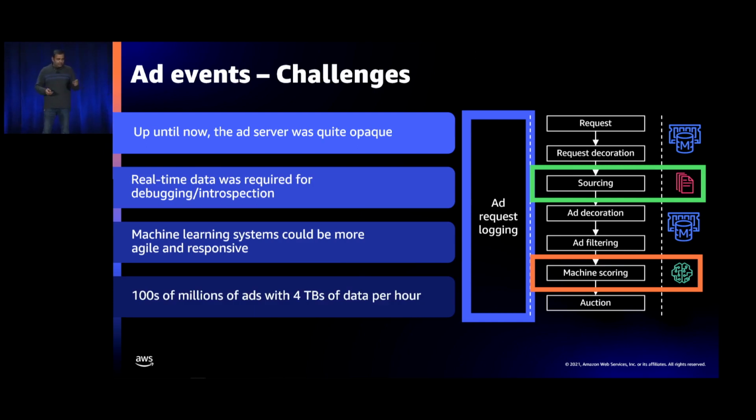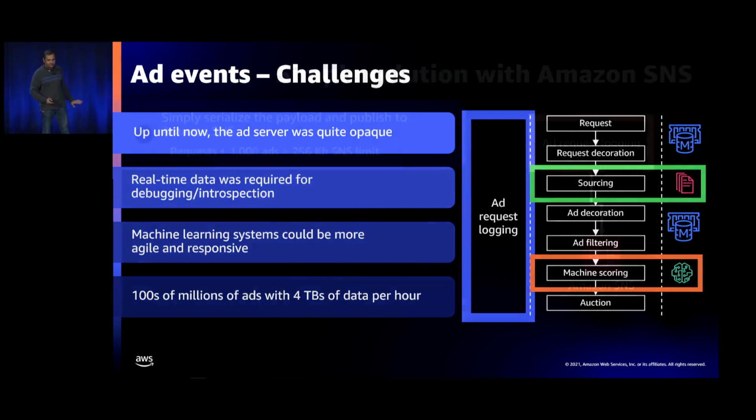The challenge was that there will be hundreds of millions of ads, and we estimated that the data will be generated at about 4 terabytes per second. At this scale, even serialization was challenging. The CPU was clogging to just serialize so much data. Writing to a file was completely off the table.